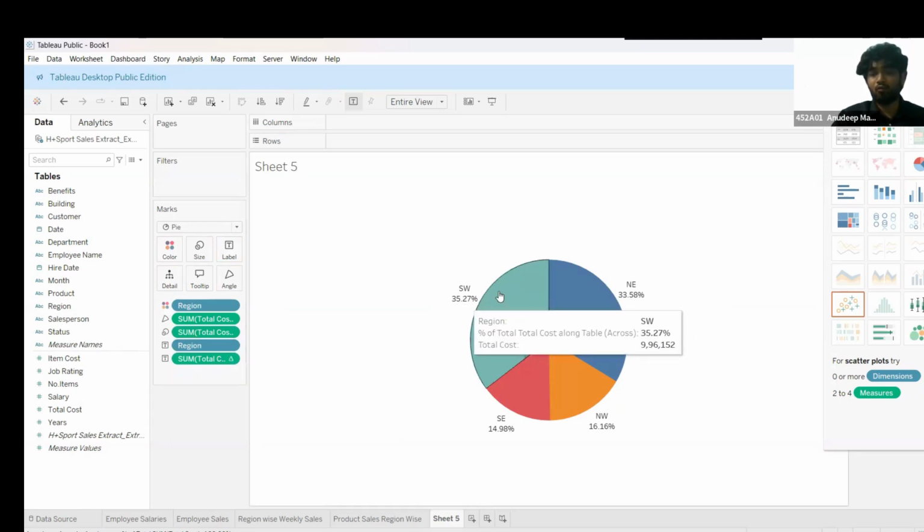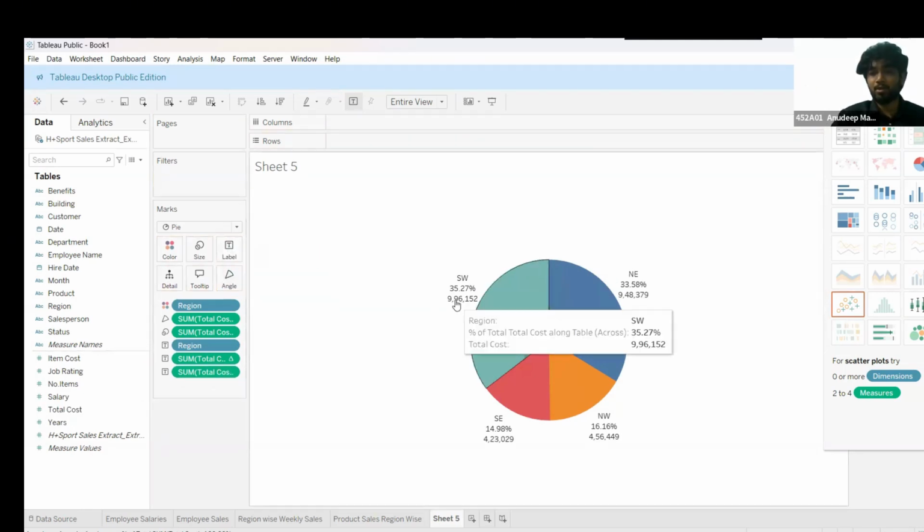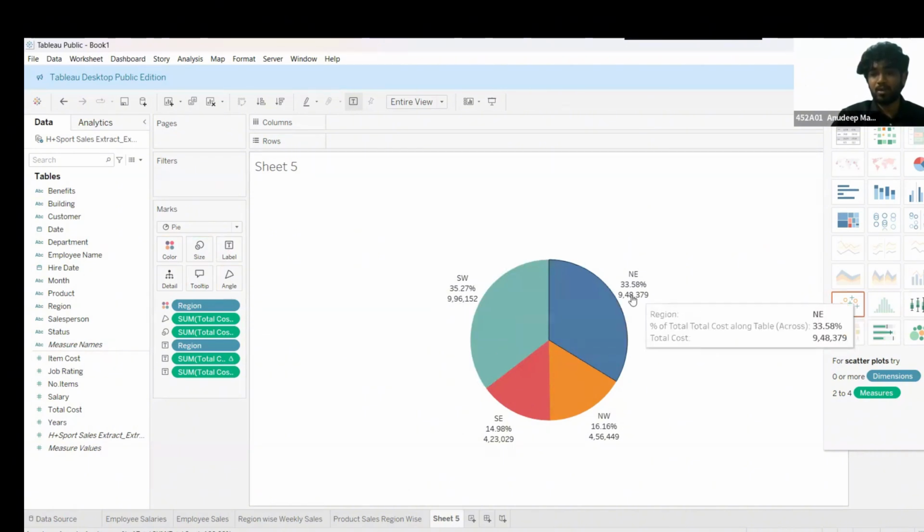Okay, and now what I want to say, after I see the percentage, I also want to see the sales amount. How will I see the sales amount? Just drag the total cost into the label. Now I'm able to see the number, but is this rupees, is this dollars? I'm not able to understand, right? What we will do,